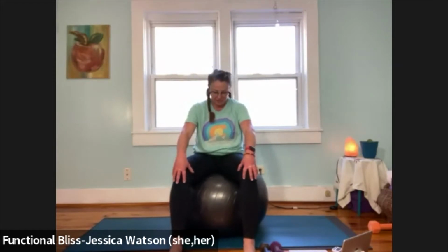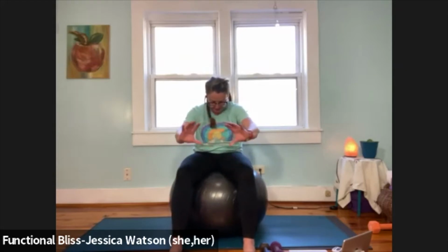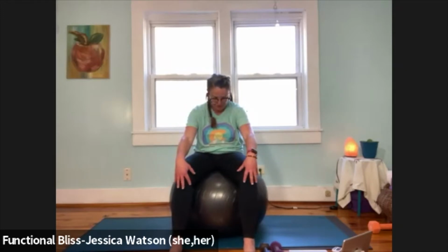Inhale, and then on the next exhale, round your back, stay there for an extra second. Tuck your chin into your chest. Notice the back of the neck, the space between your shoulders, and maybe even pay attention to the breath in the backside of your ribs. Awesome. And then come up to a nice neutral spine, grab your hand weights, and then we're going to just